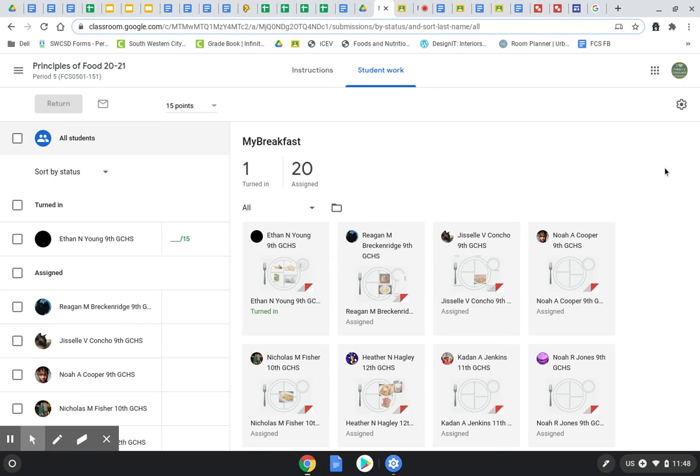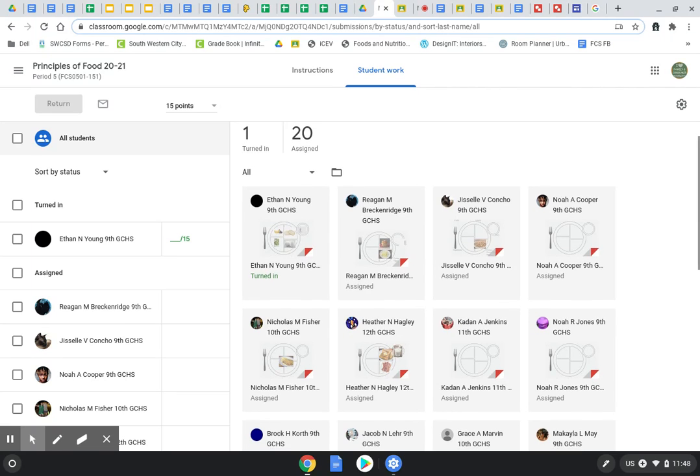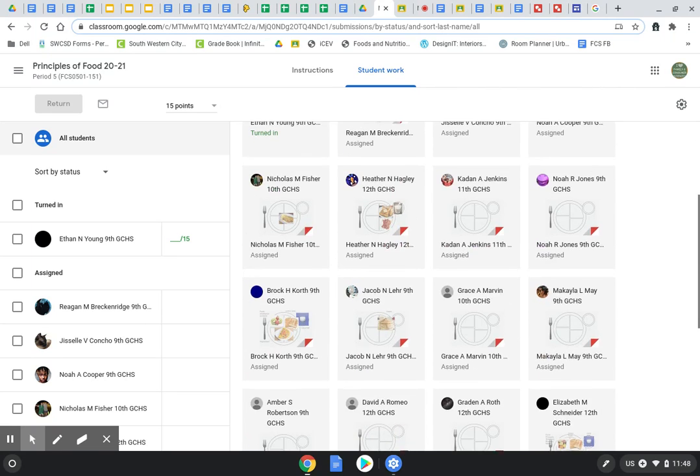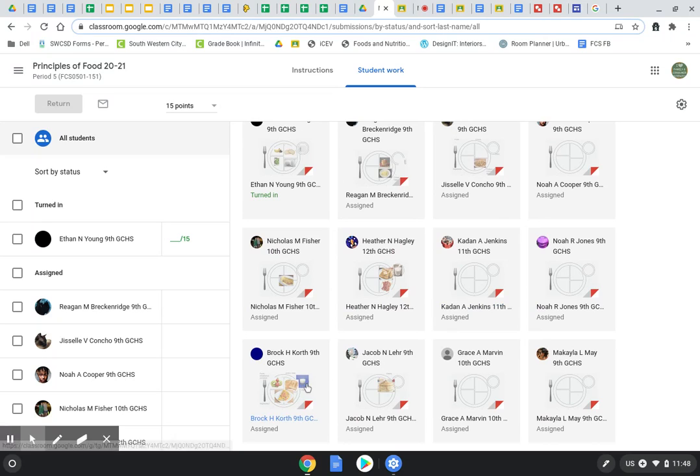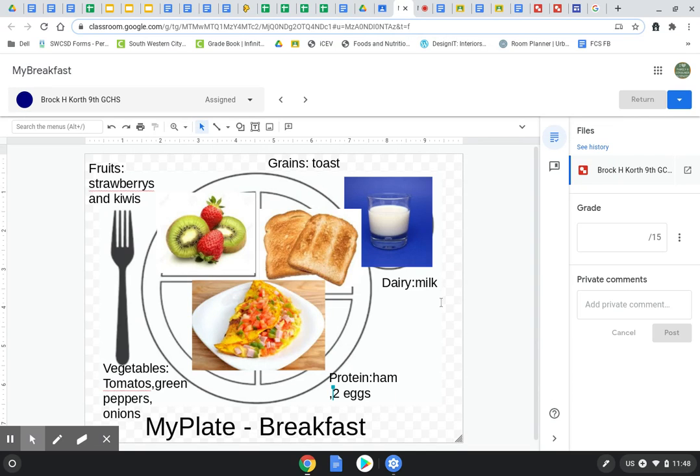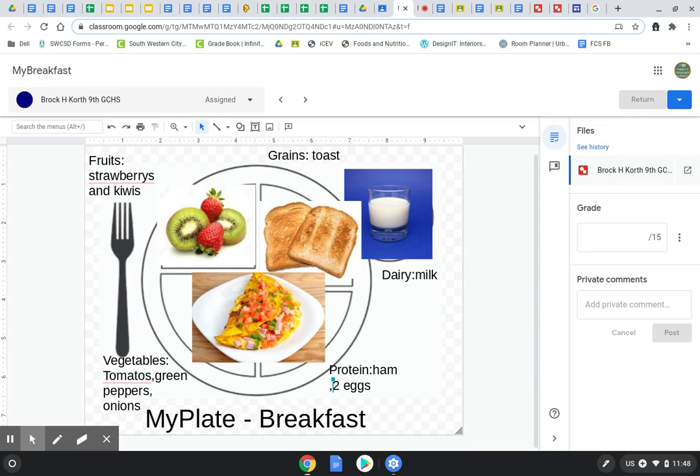Okay. All right. So, today what I want you guys to accomplish is at least what Brock has. He has all of his foods, his pictures on there, and he's told me what food items he has. And then he's starting to tell me how much food, his 2 eggs.